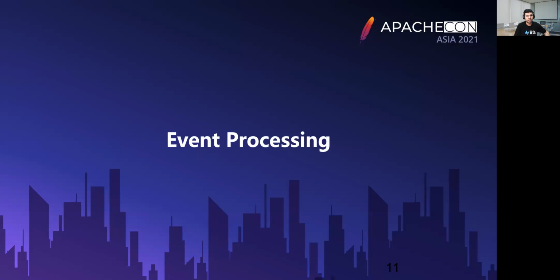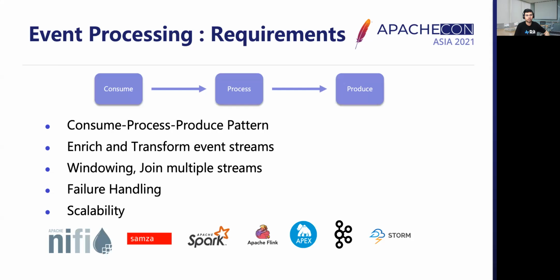Next, let's talk about event processing. Event processing is processing of your events to enrich those events, to transform those events as per your business rules. In terms of the requirements, event processors follow a very simple pattern: consume, process, and then produce. Event processors read messages from a source, they do some transformation on those events, and finally write the transformed events